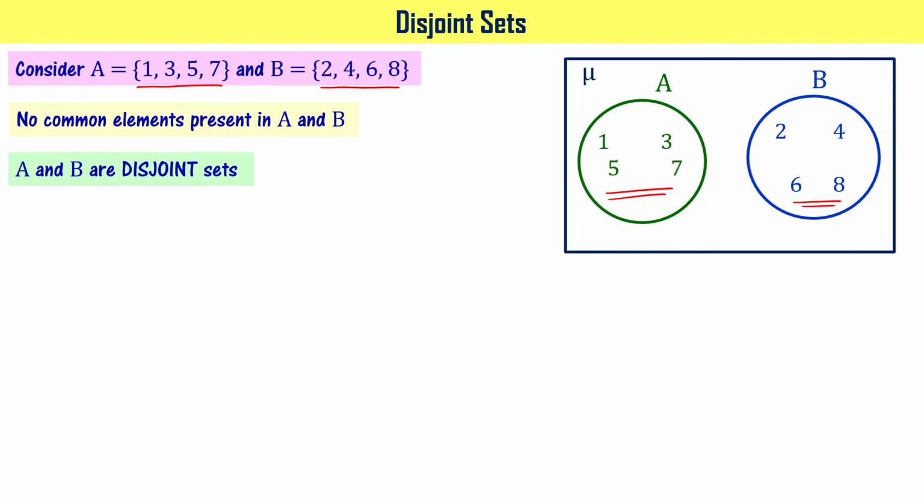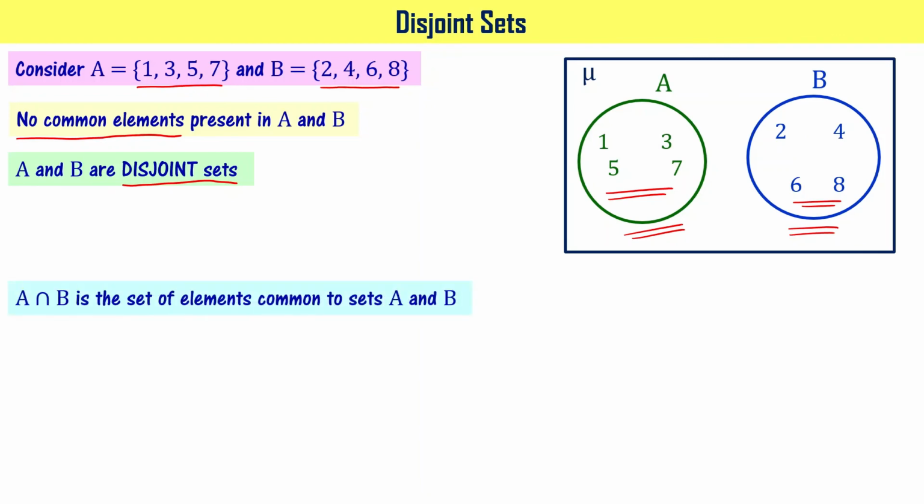In other sense, set A and set B are not joining. They are away from each other. Since they do not have any joint elements, they can be called disjoint sets. Please note this: A and B are disjoint sets because they have no common elements. To figure out whether a given pair of sets is disjoint or not, you don't need to draw a Venn diagram. There is another way to do that.